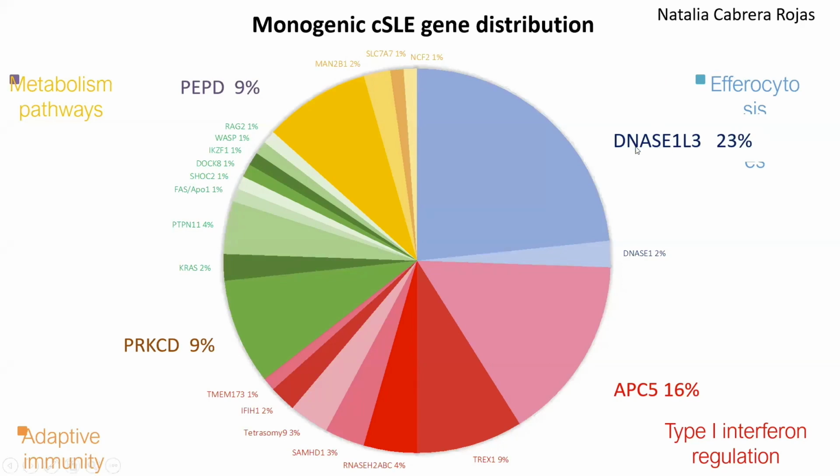One of those is DNase 1L3 deficiency. We have 4 patients with this deficiency. Then type 1 interferon disturbances, defects in adaptive immunity, such as protein kinase C delta, and some pathways of metabolic disturbances. So you can see the wide heterogeneity, and this